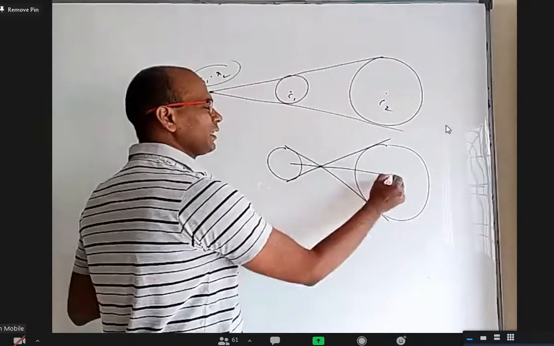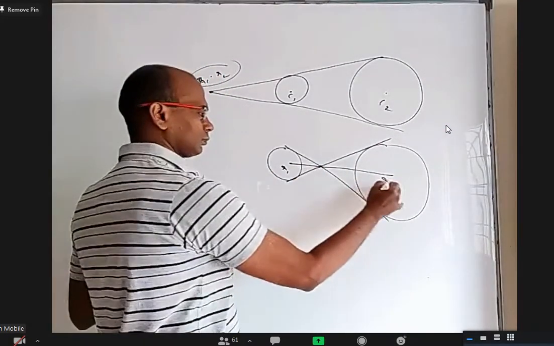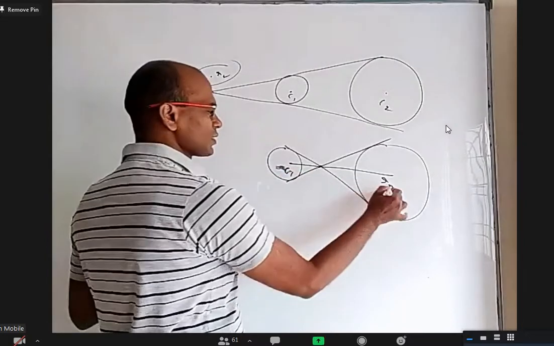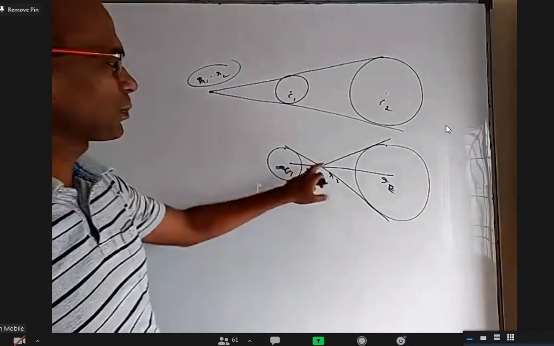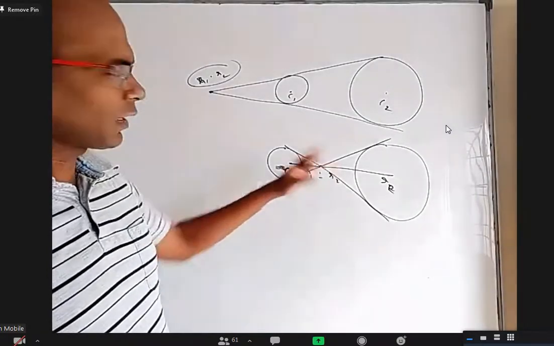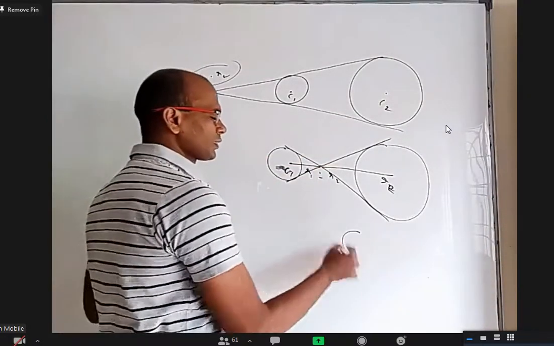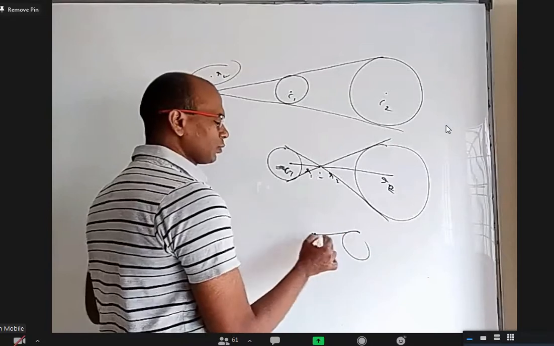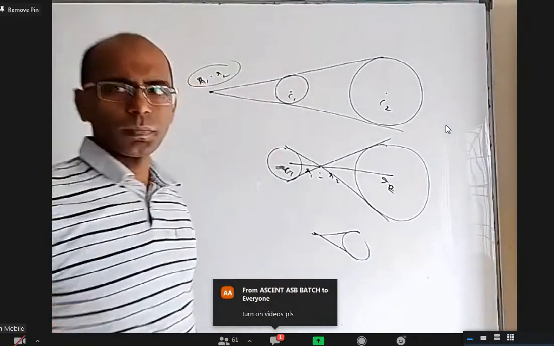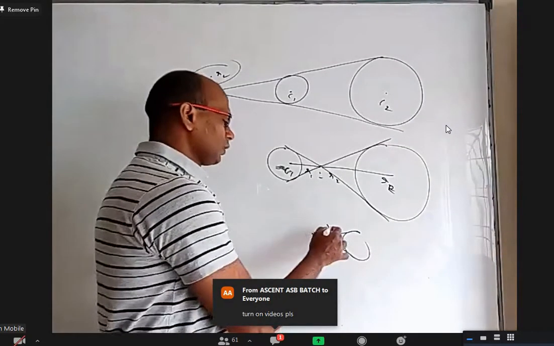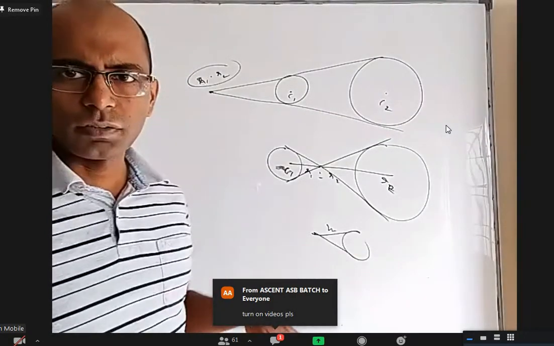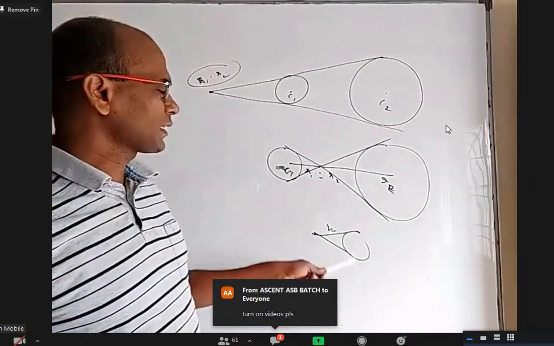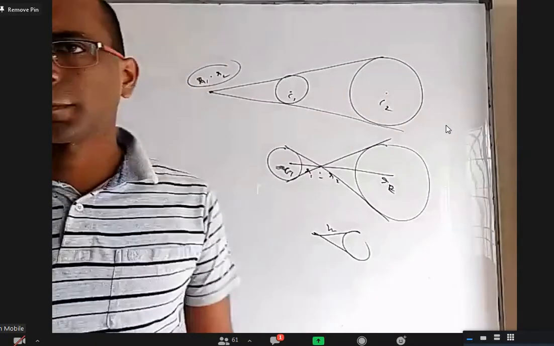If you want a transverse common tangent, then we divide internally, which is easier. This is C1, this is C2. Just apply the section formula in the ratio R1 is to R2. We'll get this point. After getting that point, forget about one other circle. Take one circle and this point. How to find 2 tangents? We have 3-4 methods. You can use any one of them. You can take the general tangent to the circle, or take slope m and the point, find the line equation, and then the perpendicular distance from the center equals the radius.